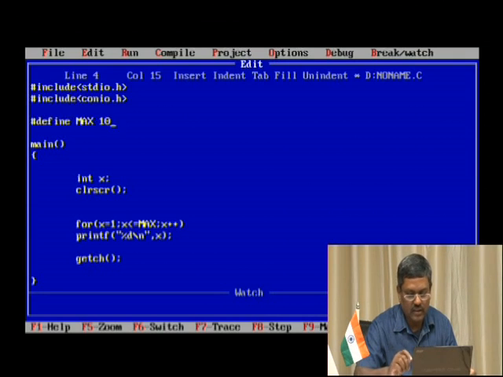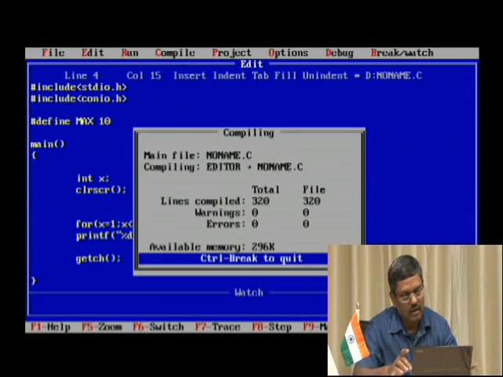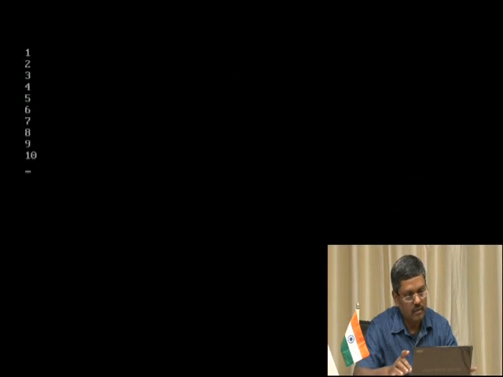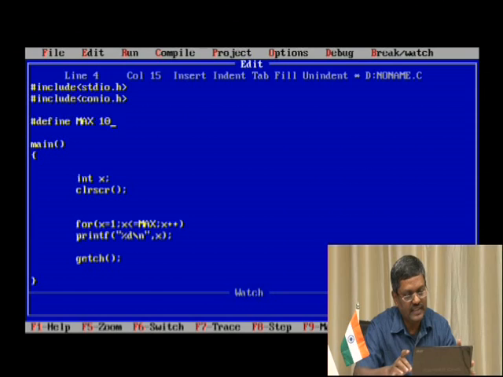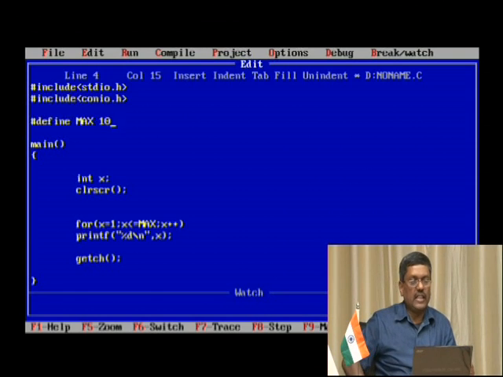When we place it like this instead of 10, I will recompile and then run. You know that the output is one and the same. So how does it work? What is max, and how does it take 10 and incorporate it into the program? Who is acting behind the scenes? When the program is given to the preprocessor, before it is passed on to the compiler,